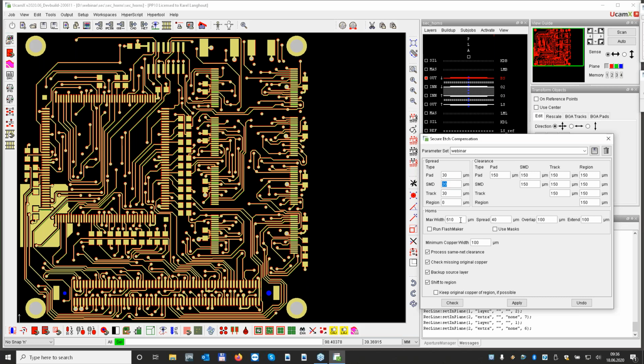You also saw that when I ran the secure edge compensation, a big window came on top saying I don't have any errors. This was because we did the net compare. So in the end, you can be sure of two things: that your net is okay, and of course that all the clearances that you set are in place.